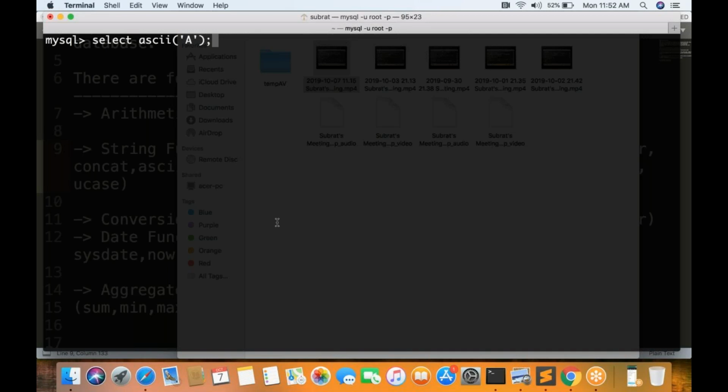In the ANSI standard, specific character values are defined in the ASCII table, or you can say they are defined as Unicode for each character. So you can find out like this. If you want to check the ASCII value of capital A,